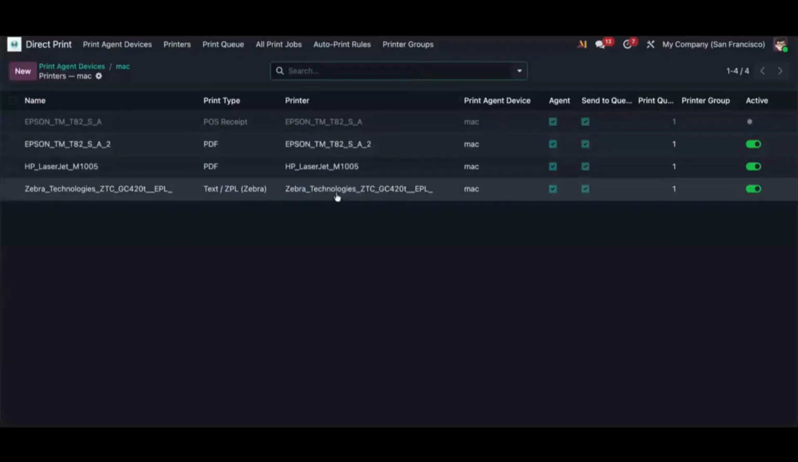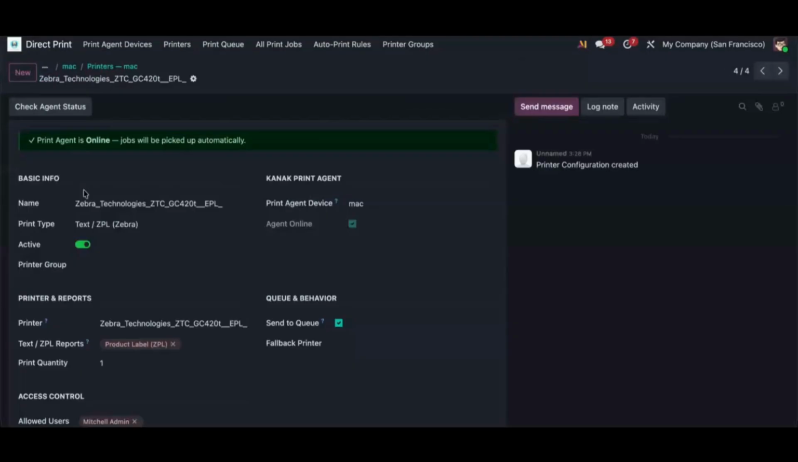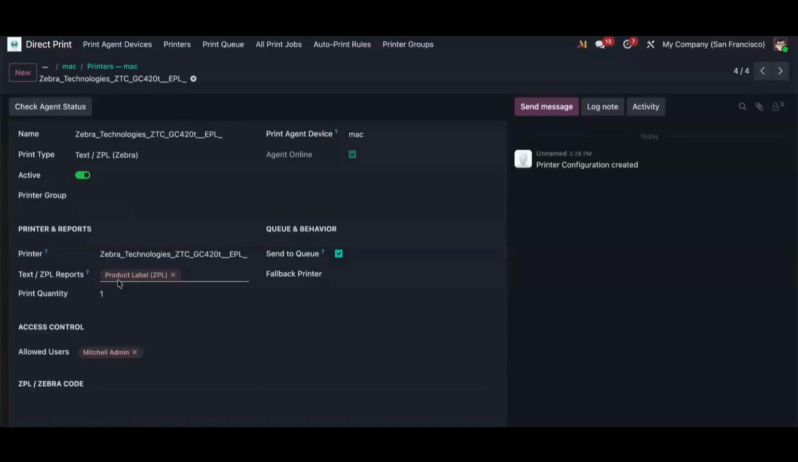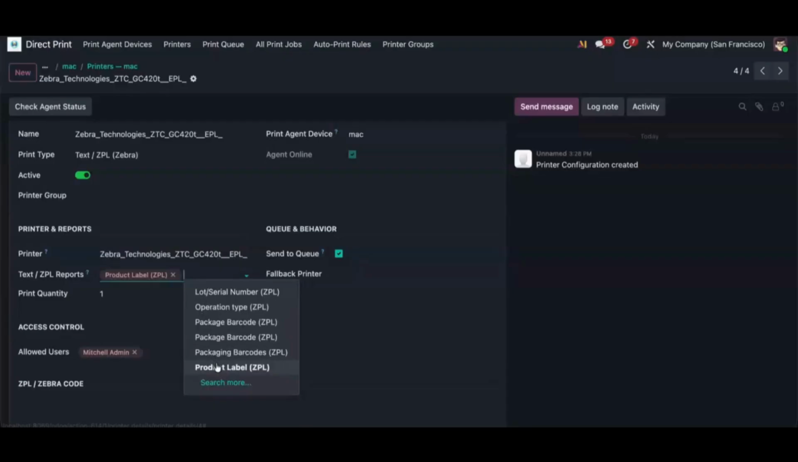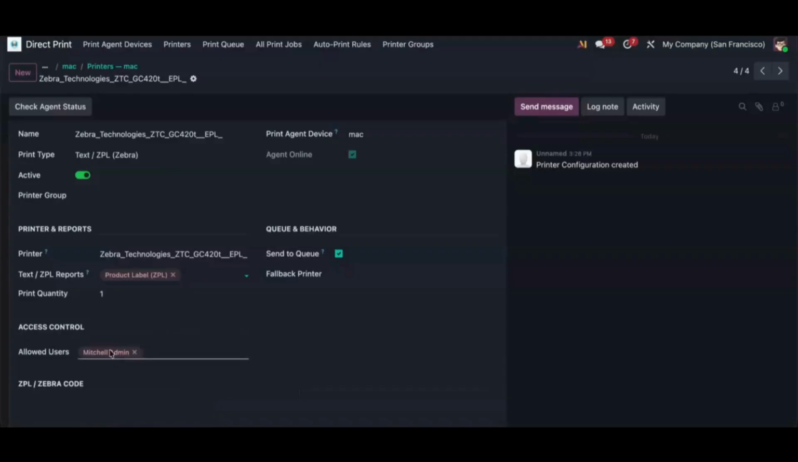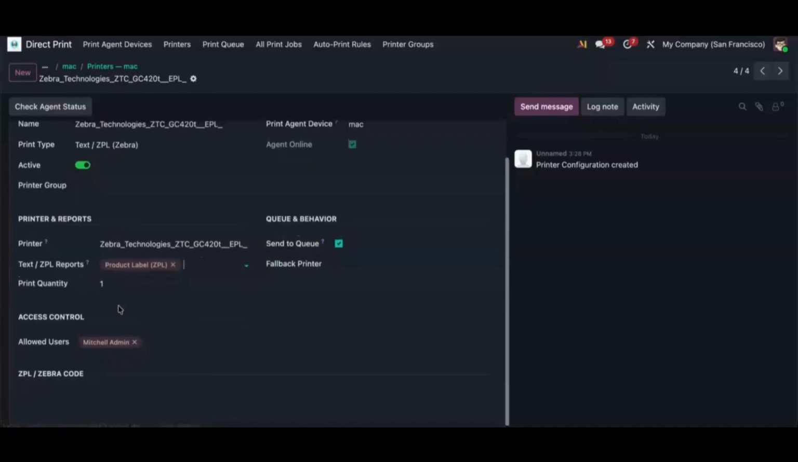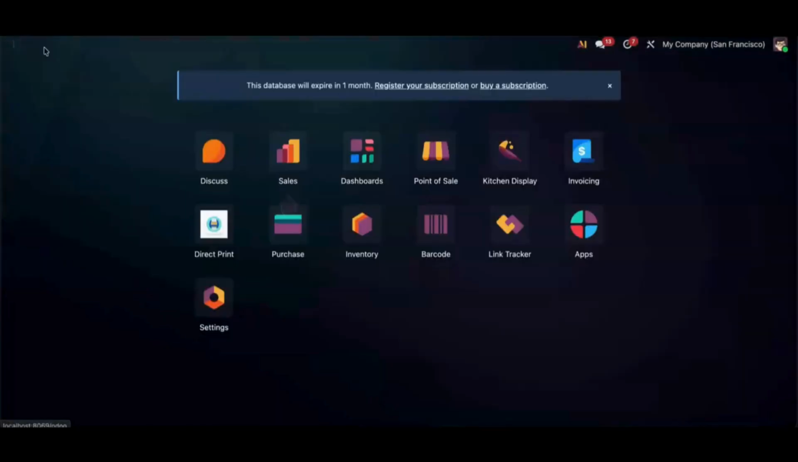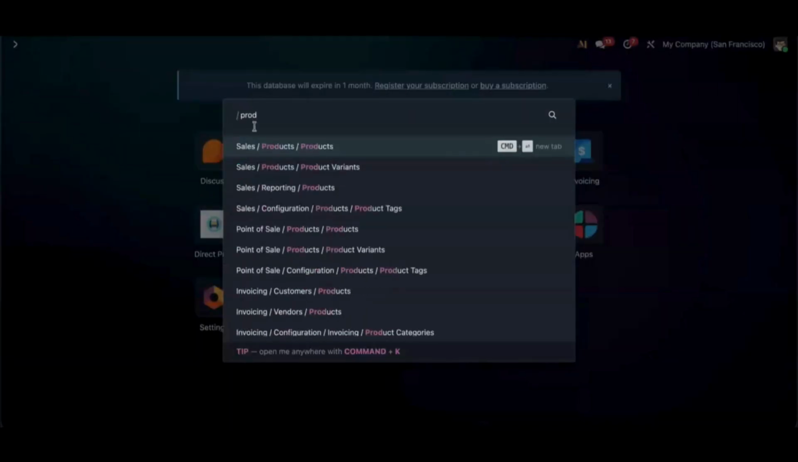Just like the PDF printer, I have the Zebra printer over here. Now I'll add in the ZPL reports, basically what I want to print from this particular Zebra printer. So we have selected the product label over here, as you can see. Then we'll configure which users are allowed to print this particular document from this particular printer. And once we have done that for the product labels, we'll save it, and then we'll go back to products,